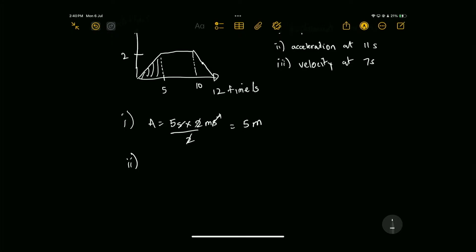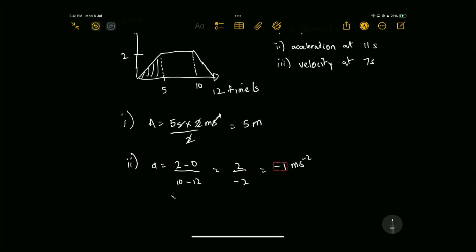So we could use those points because we know the y values at 10 and 12 seconds and we know the x values. So the acceleration is equal to the change in y, which is 2 minus 0, over the change in x, which is 10 minus 12. So this is equal to 2 over negative 2, which is negative 1 meters per second